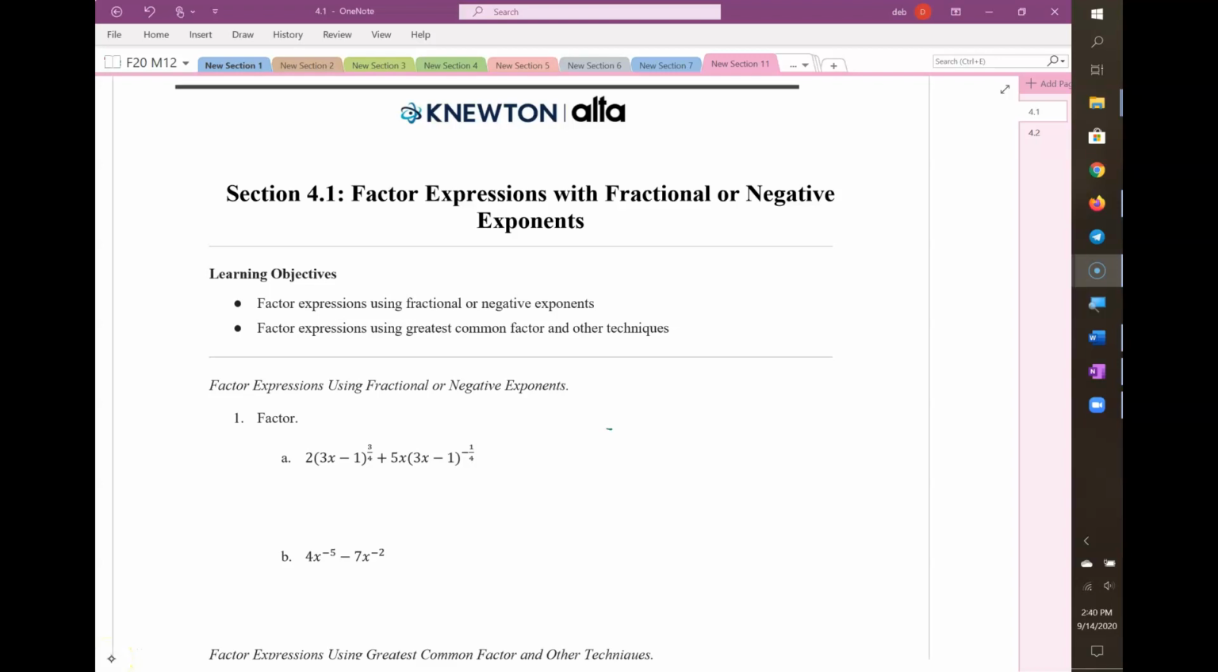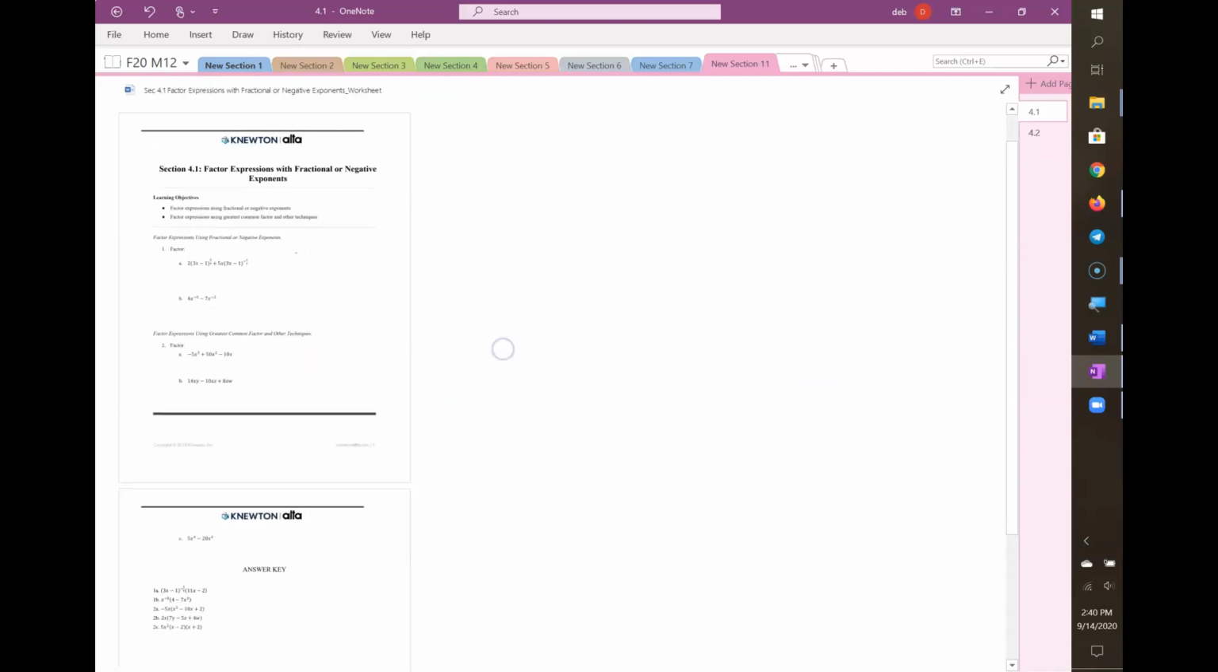So section 4.1 is talking about factoring expressions with fractional or negative exponents. Before we jump right into that, I want to come over here and talk a little bit about factoring in general. So let's just go backwards in time to some algebra factoring that you learned a long time ago,